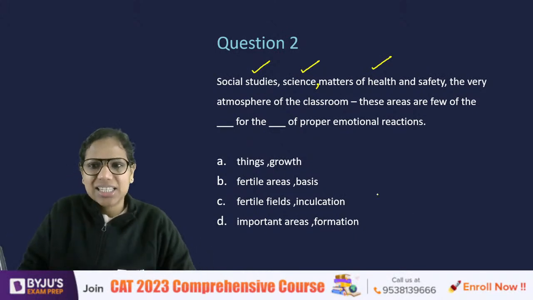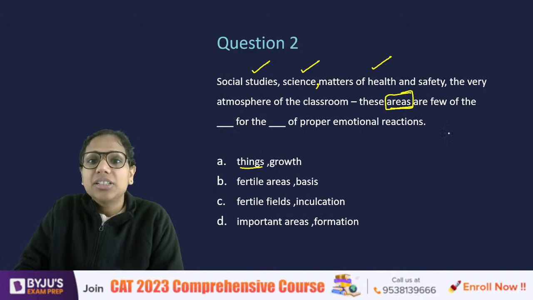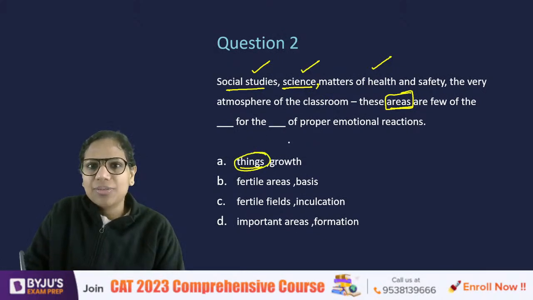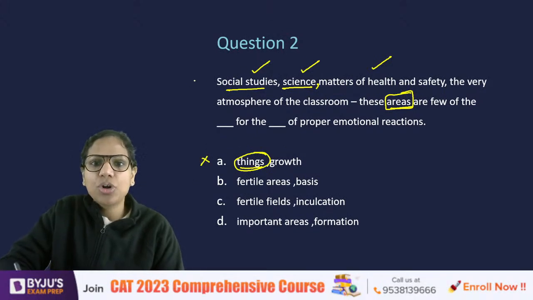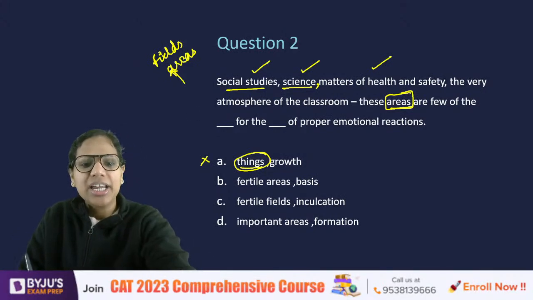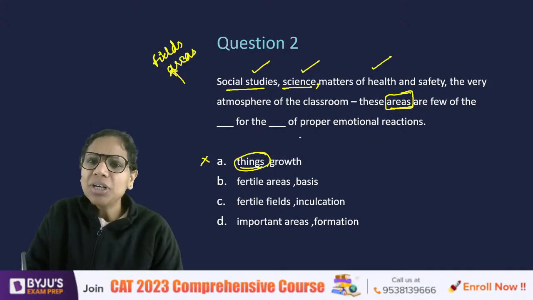So are these things? We're talking about some areas, some arenas, some fields, right? So these are subject areas, right? I can't call them things, can I? So because of this word things, A is rejected. Because of the context, we are talking about subjects here, fields here, areas here. So those words fit better as compared to things, right? Okay, what else did I get? I got D also as a response, I think. Yes, I got D. I've also got C and B. Okay, so basically everything.